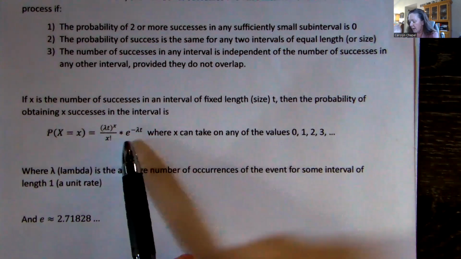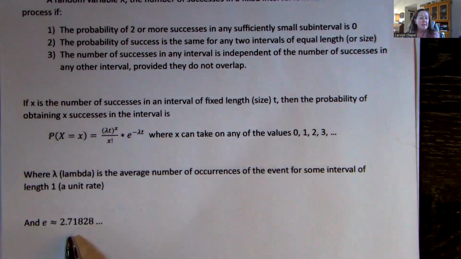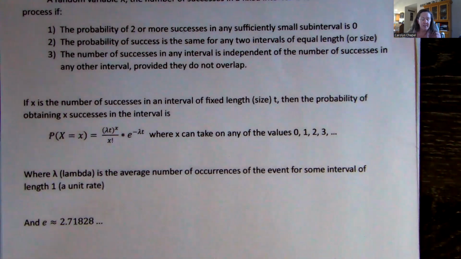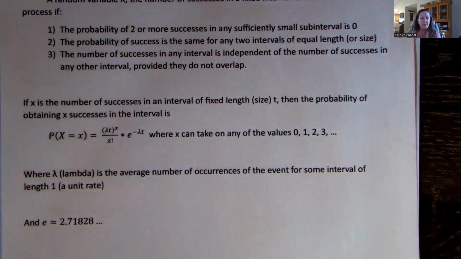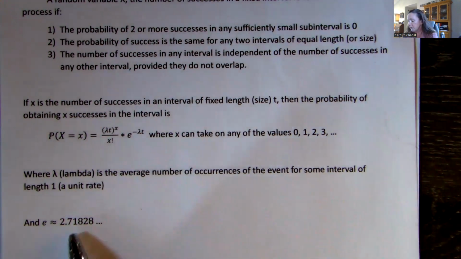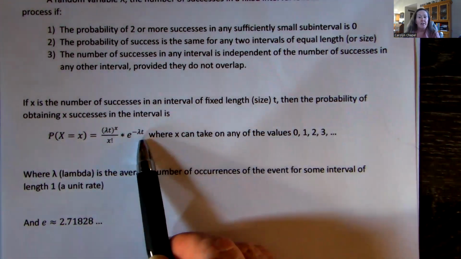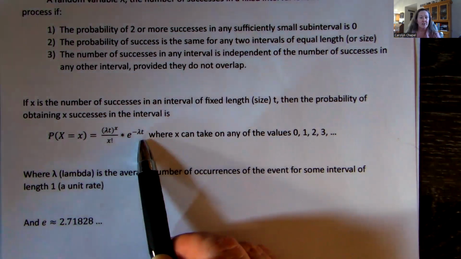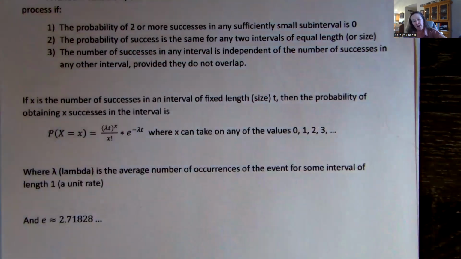The e that shows up in here is the e that we've seen with natural logs from high school, very similar to pi. It is just a number that shows up over and over again, and it is about 2.71828, and there is a button on our calculator that does that for us. Now, t is going to be the length of time in our questions. So if we're asking, how many visitors will we see in 20 minutes? How many weeds will I see in 5 square feet? It's that area or interval that we're looking at.